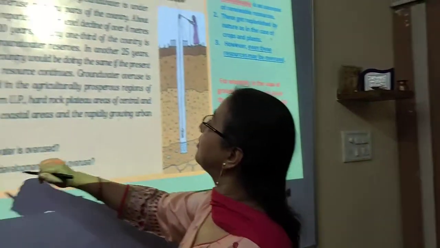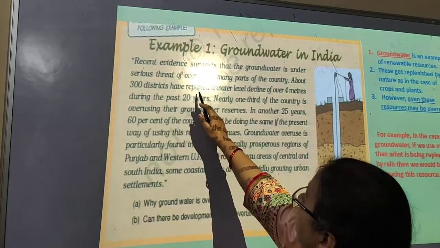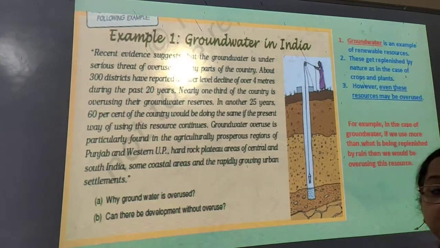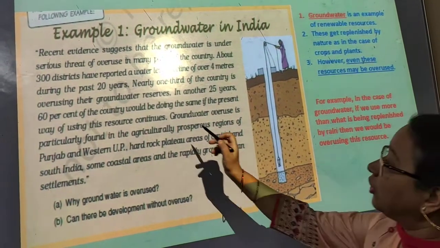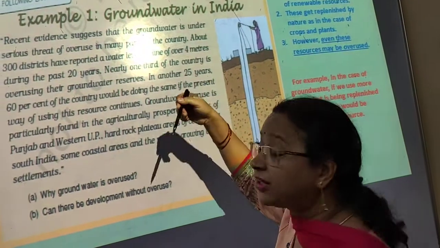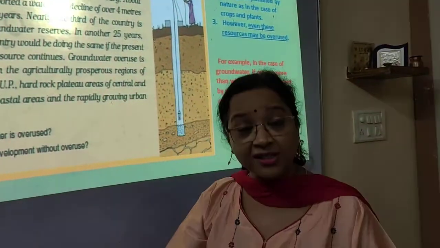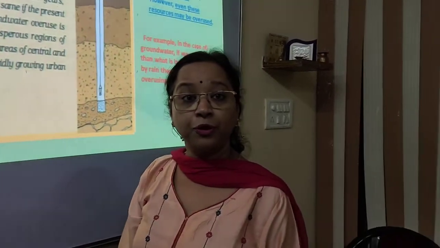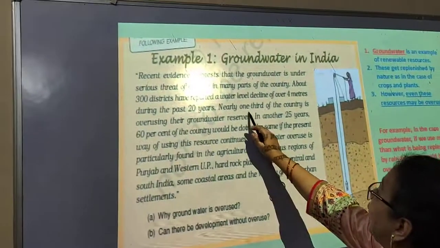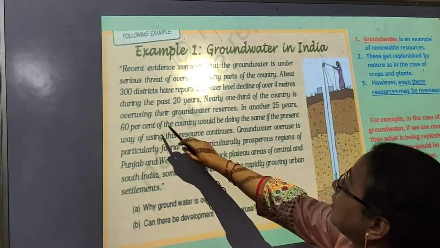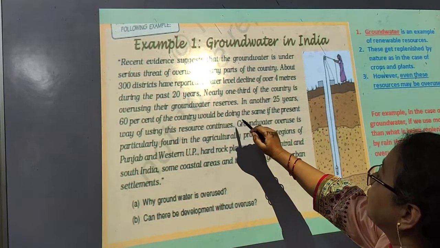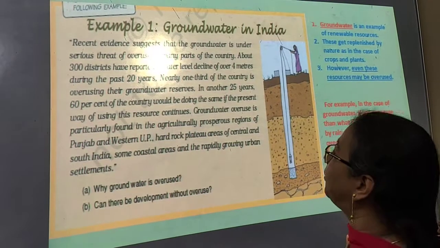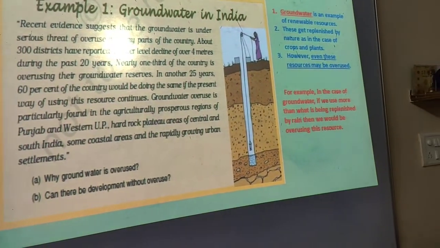Look here at what the data says. About 300 districts have reported a water decline of over 4 meters during the past 20 years. In the last 20 years, in around 300 districts, the water level has gone 4 meters deep. You can just imagine. If the process goes like this, what will happen to the flora? Nearly one-third of the country is overusing its underground reserves. In another 25 years, 60% of the country will be doing the same if the present way of using